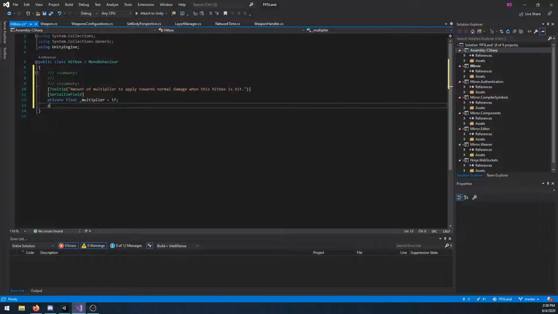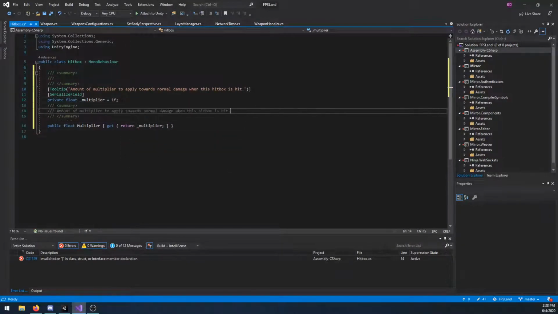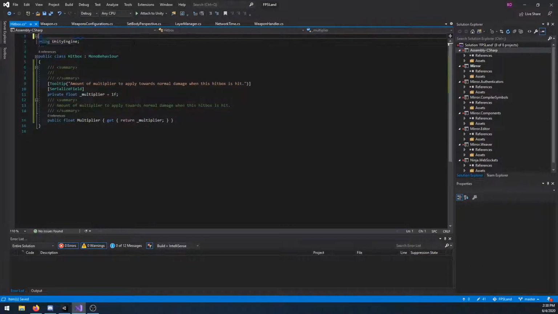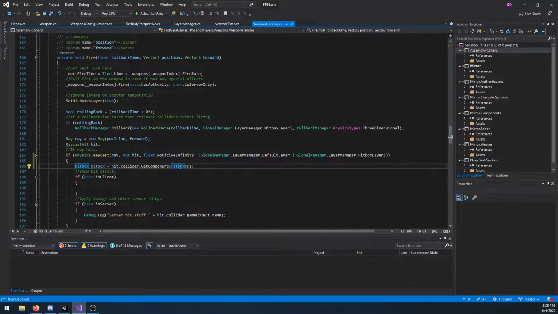And I'm probably going to need that public. And if you're wondering why I don't just make this public, it's because I don't want this value to be modifiable from outside the class. All right, so hitbox, I don't really need this script right now. I'm not using it, but I do want to spawn an effect whenever